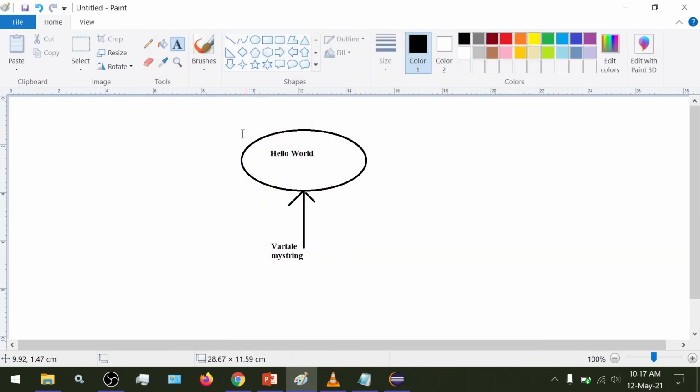So this is our object represented in a computer's memory, and this hello world is the data stored in the object, and the variable my string is a reference pointing to that string.